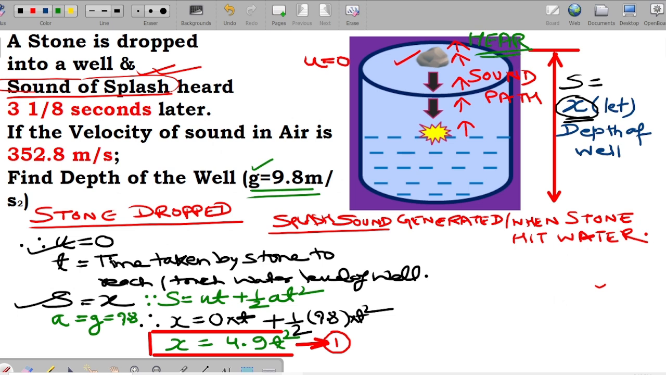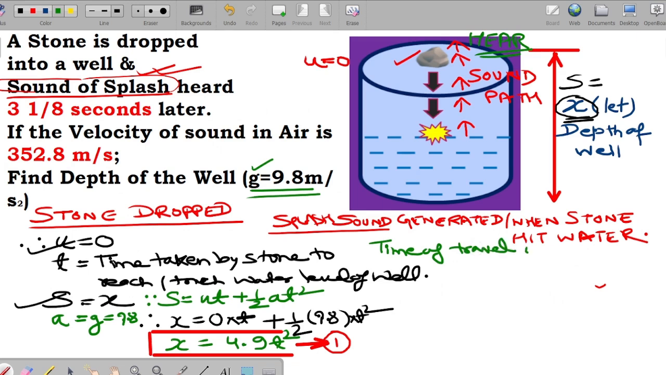So just considering the return path, that is the journey of sound, that is the second part of the numerical. What are the parameters we have with us now? That is the displacement s equal to x, right? And we know that velocity equals displacement by time, right? And here the time taken by the sound to reach our ear is equal to,